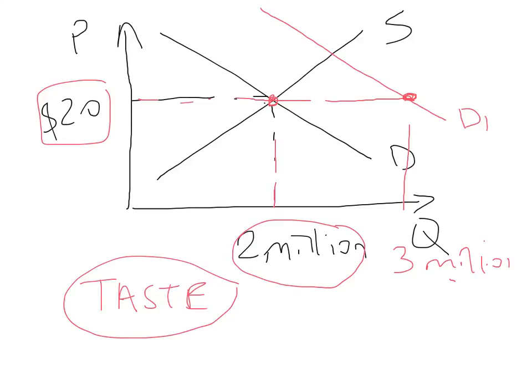So as you see, this excess demand of 1 million people in the market will put a pressure on the price of the air filter. People are trying to bid higher prices for the air filter, so air filter prices are going to increase. How much? The new price is the intersection of the new demand curve, which is red, with the supply curve. Supply didn't change. But while the prices are increasing from $20 to, let's say, $25,